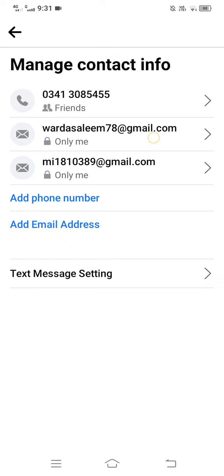And here is where I can choose. If for instance you just want to change the privacy of that email address, you can tap the email and say who can access it: public, friends, or only me. But if you want to change that email address,